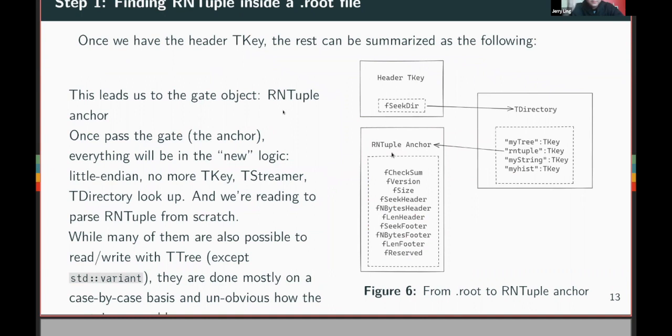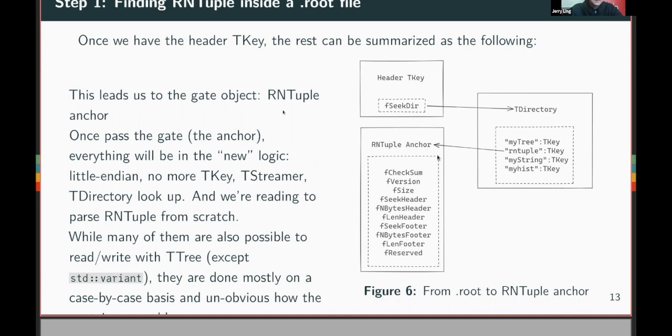So from a root file, the task is to find the RNTuple, right? We can just forget about how ROOT does things and focus on RNTuple. From the header key, which is near the beginning of the root file, you can find something called a directory, which tells you every single object by name in a root file, kind of. Notably, there's probably a thing named RNTuple, or actually NTuple, and that will point to the object that is